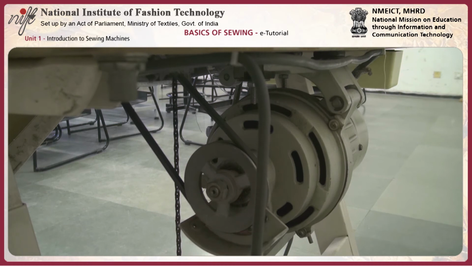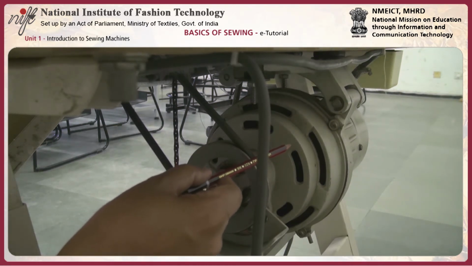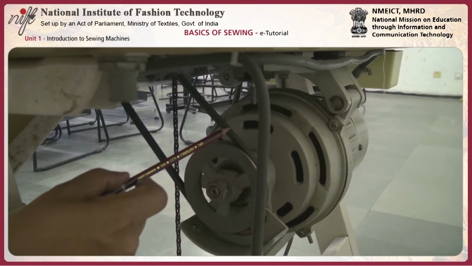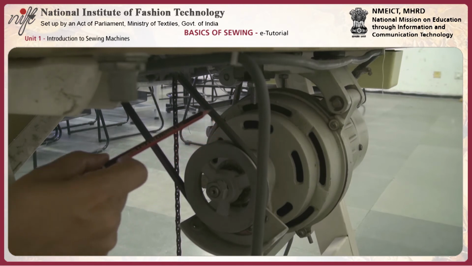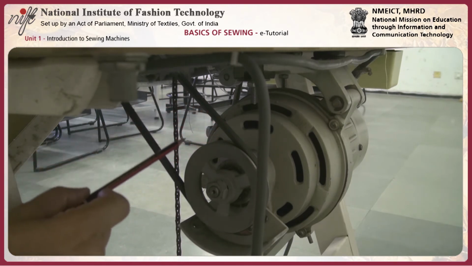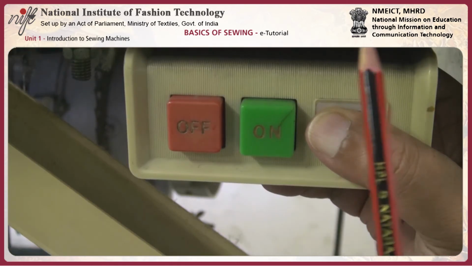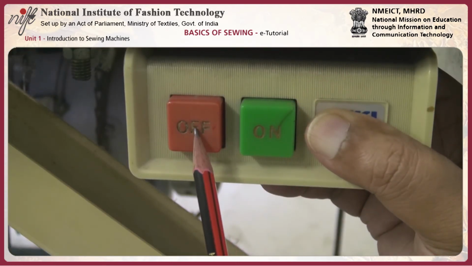Power supply cord, motor with pulley with V-belt attached to the sewing machine, the 3-thread overlock machine. On, off switch,